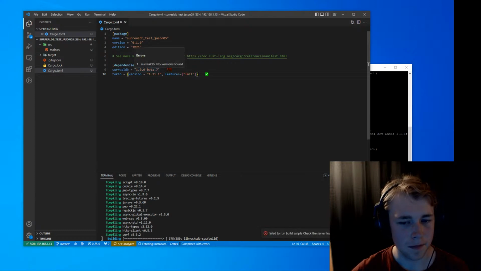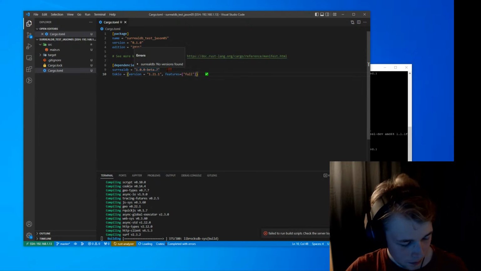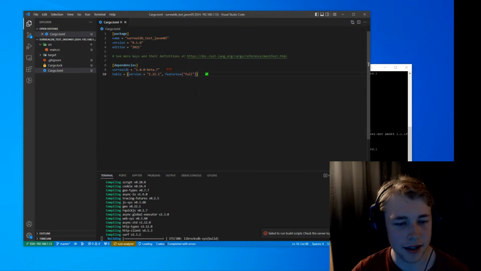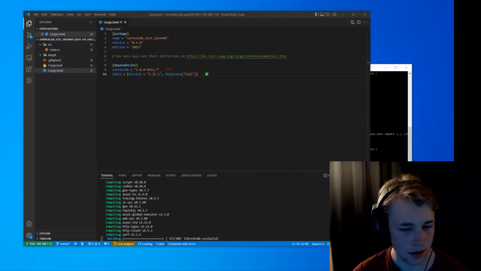The crates VS Code plugin doesn't seem to like this, but I'm not sure why, because it works fine. Anyway, so you need an async runtime to do asynchronous things, and